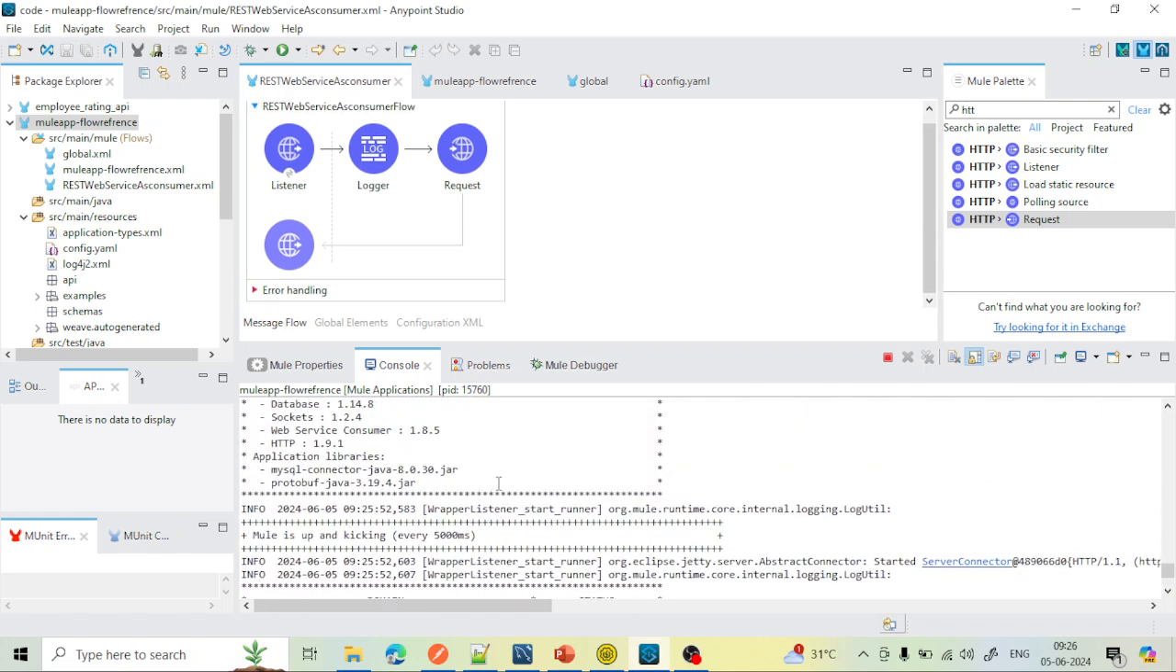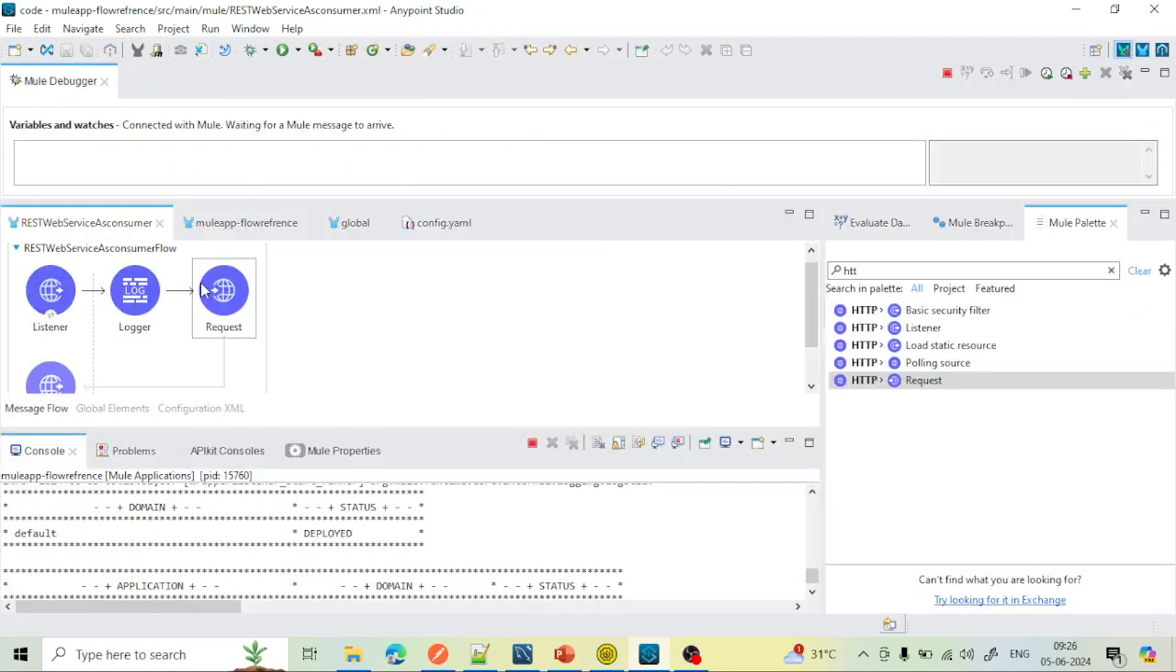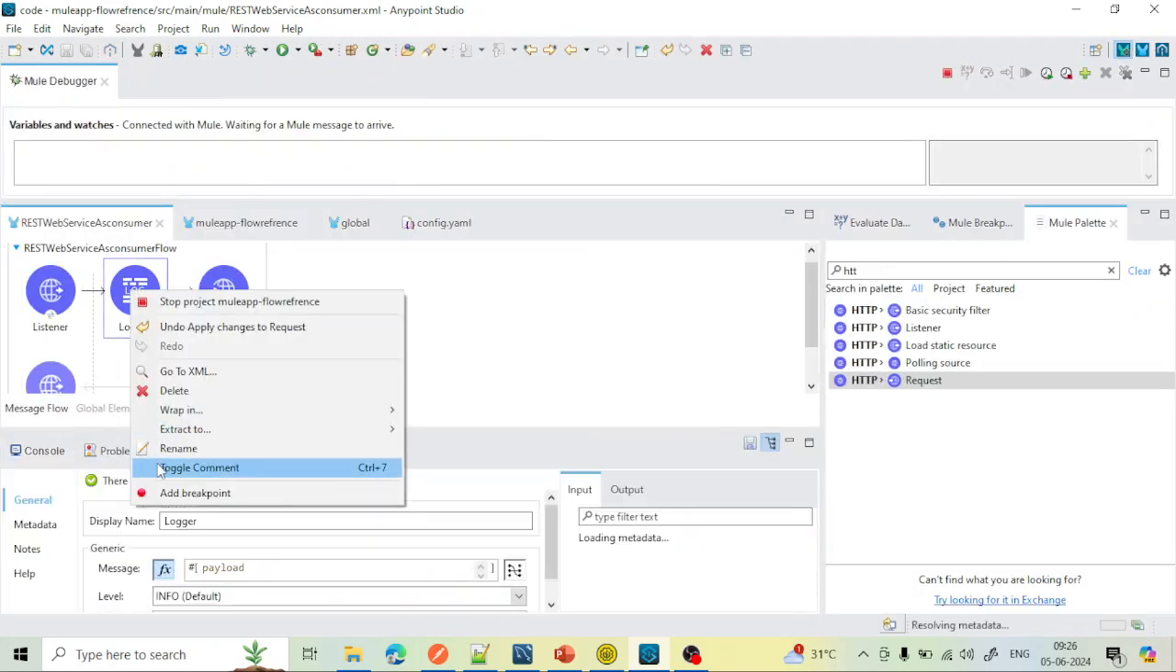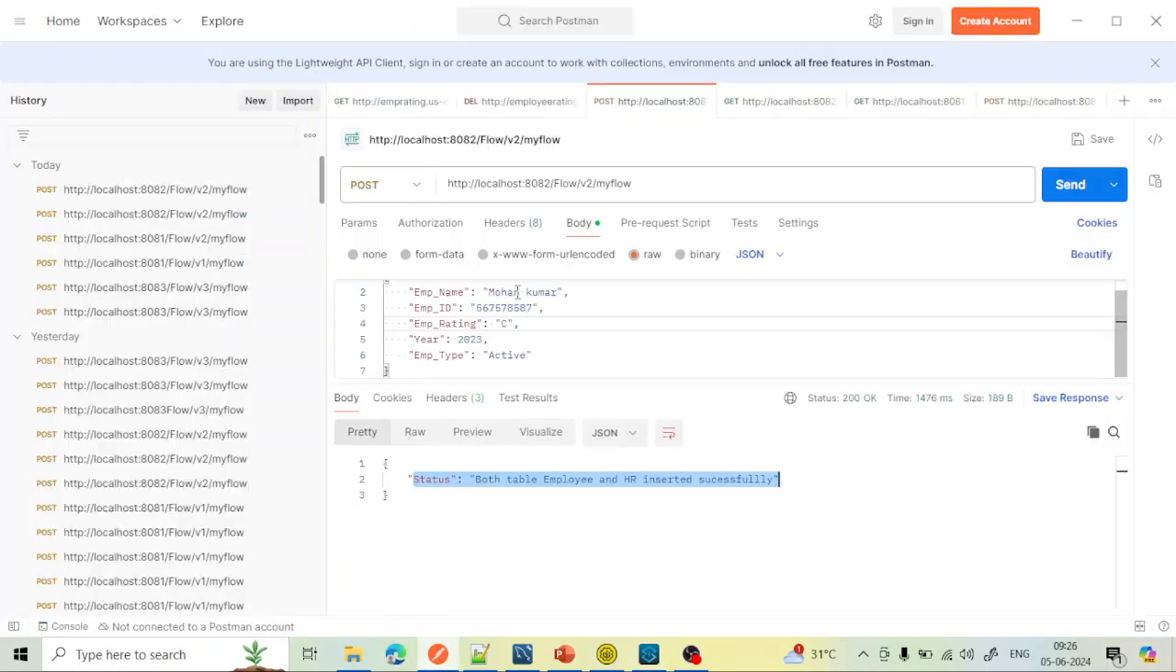I did not do anything earlier. Maybe there was some problem, but I tried to deploy in debug mode and it deployed successfully. I did not do anything. Okay, now let's move into debug mode and send the request. Before that, let me add a breakpoint. Okay, now let me send the request with a different name, Mohan Raj